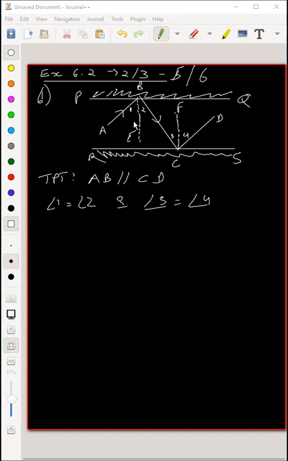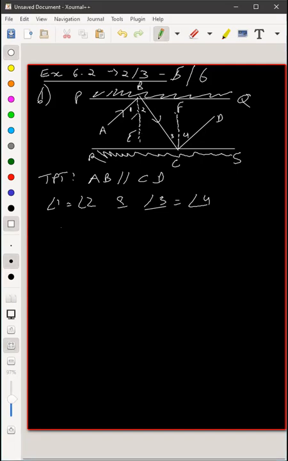Now we know that these two lines BE is parallel to CF. Yes or no? Because they're both 90 degrees to the same parallel lines, right? And this is the transversal. So therefore, angle 2 will be equal to angle 3. Alternate interior angles, right?